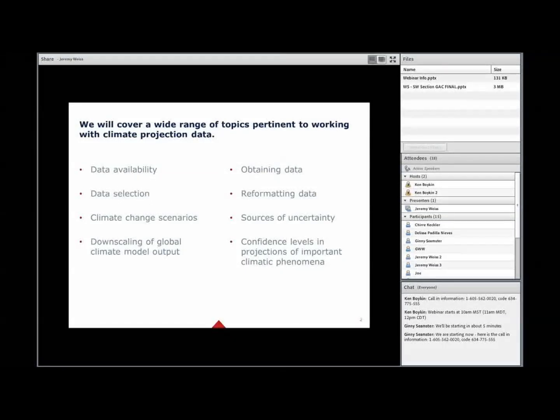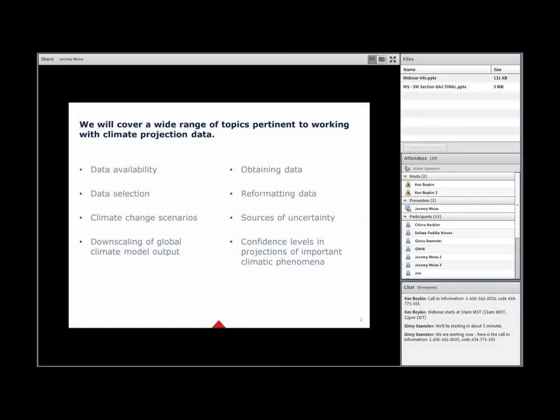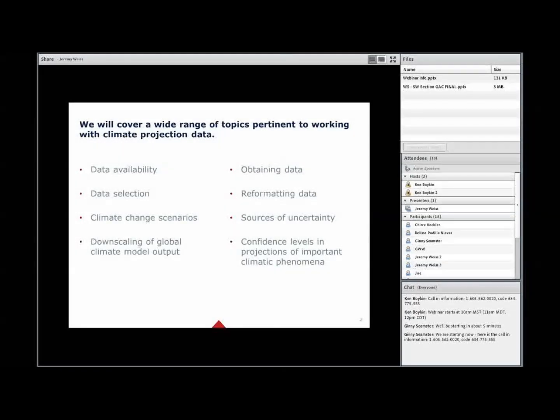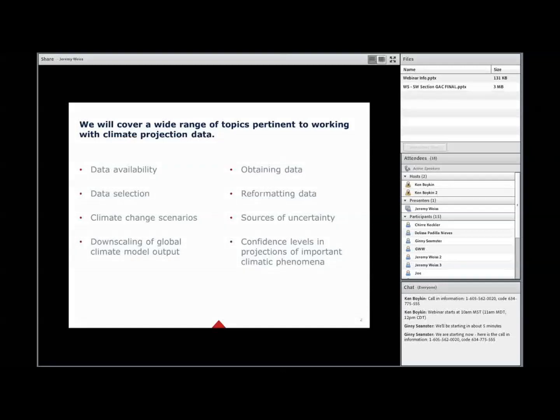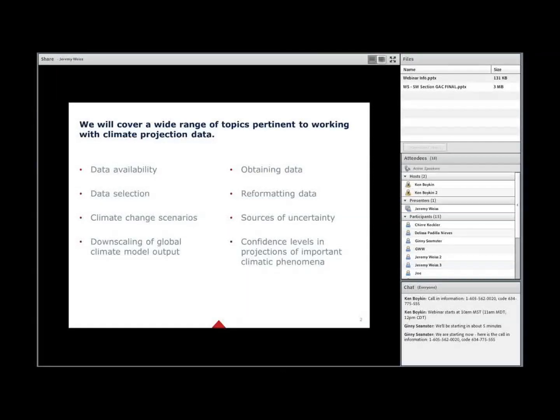I'd also like to cover some information regarding obtaining data and reformatting data. It's at times not a trivial task, as I'm sure many of you know. And I'd also like to touch upon sources of uncertainty when it comes to climate model projections, as well as confidence levels in projections of some important climatic phenomena in the region, such as El Nino Southern Oscillation and the North American monsoon.